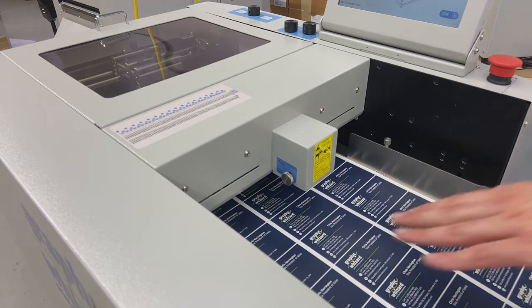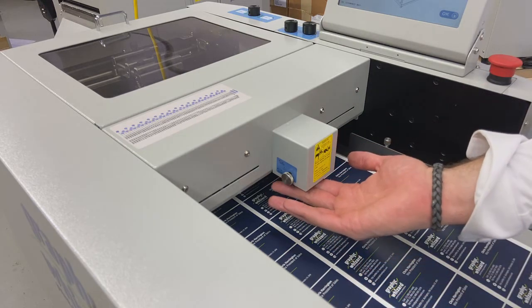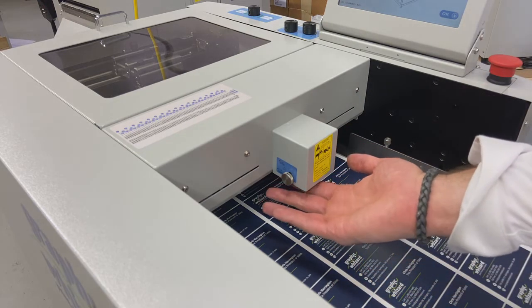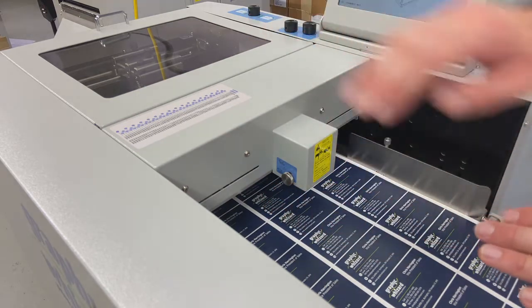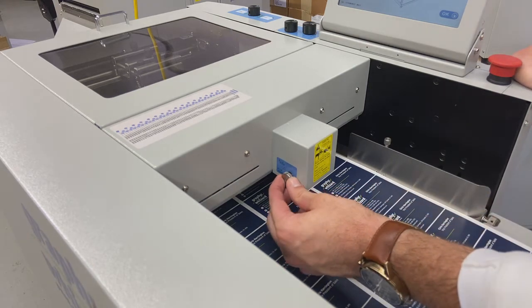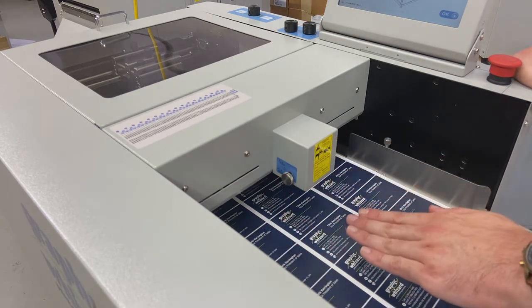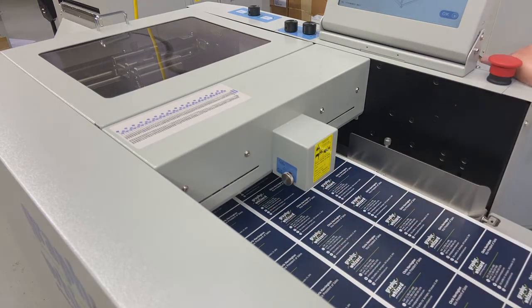So what's happening is when my table comes up to the top, it will lift. This finger gets depressed, so it clicks when it touches a micro switch, and the pile stops raising, and it starts to feed my sheets through. So what this one will do is when I turn it left, counterclockwise, it makes that trigger a little bit sooner, and when I turn it up, it will raise a little bit higher. And so it's just shortening or making the gap a little bit bigger from where my stock is sitting inside my feeder